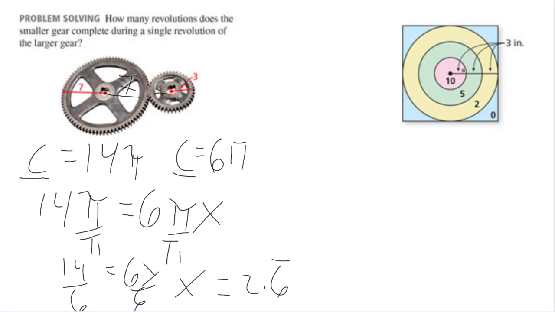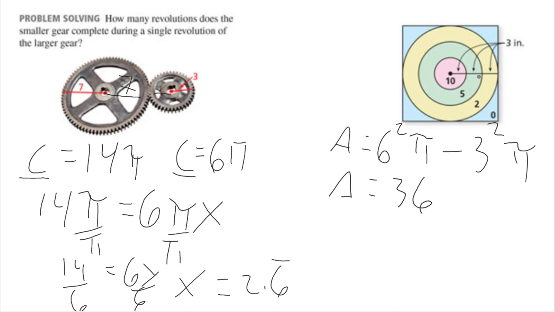So now we have a game, a bullseye game, and we just want to know what's the area of this green circle. So the first thing we're going to do is find the area of the whole green circle and remove the red circle. So if this is 3 and this is 3, the radius is 6. So then we can say the area is 6 squared pi. And then we're going to subtract the area of the small circle, which is 3 squared pi. And I get